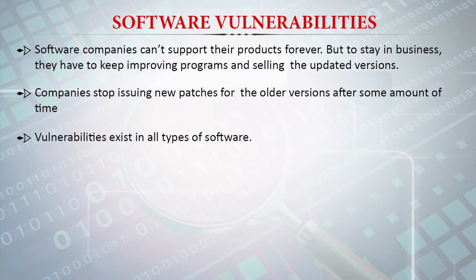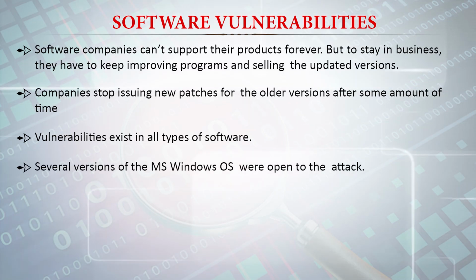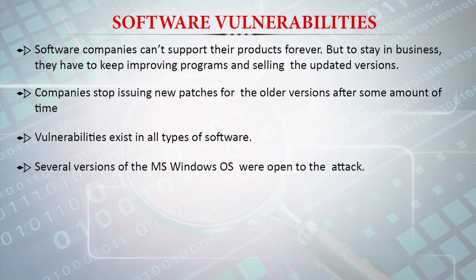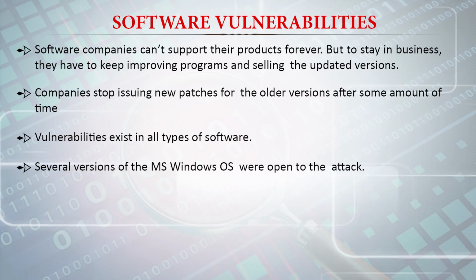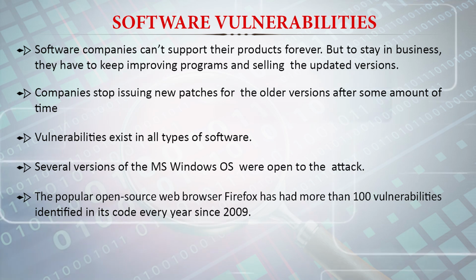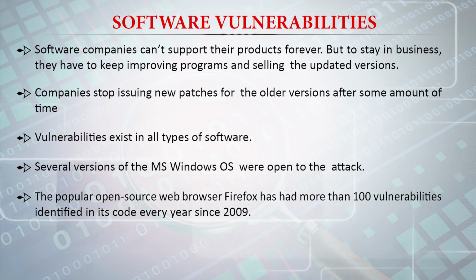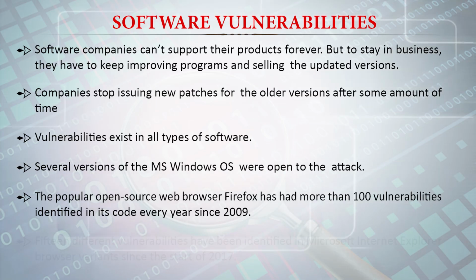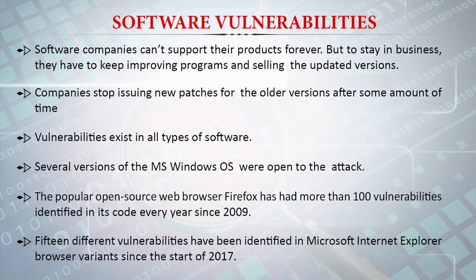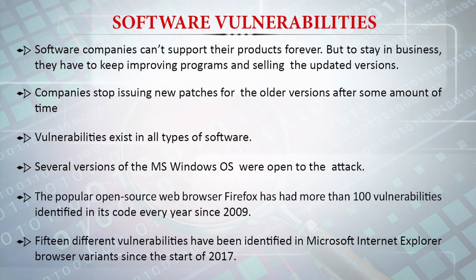So vulnerability exists in all types of software. Here are a few examples which I am taking, from publishing in books and magazines: several versions of MS Windows OS were open to attack. The popular open source web browser Firefox has had more than 100 vulnerabilities identified and scored every year since 2009. 15 different vulnerabilities have been identified in Microsoft Internet Explorer browser variants since the release of this product in